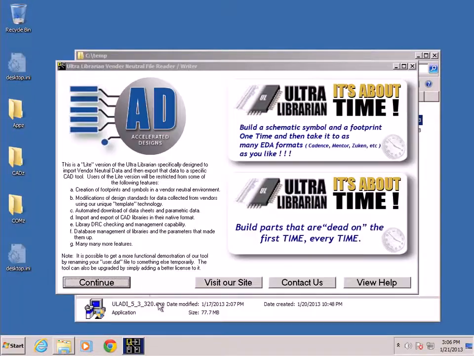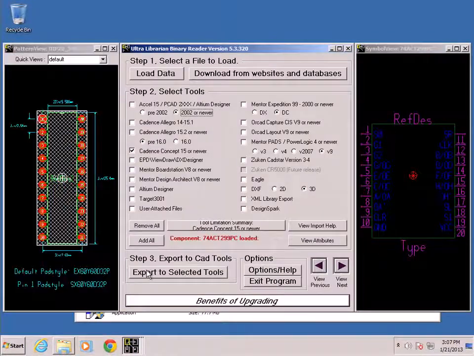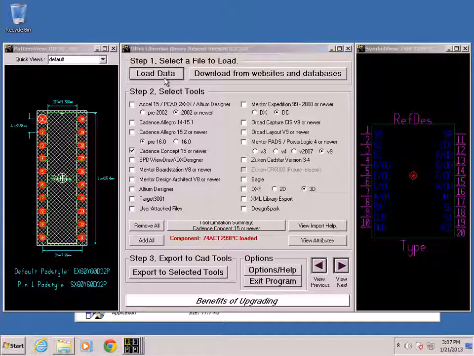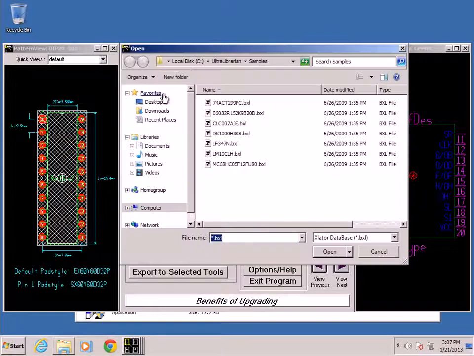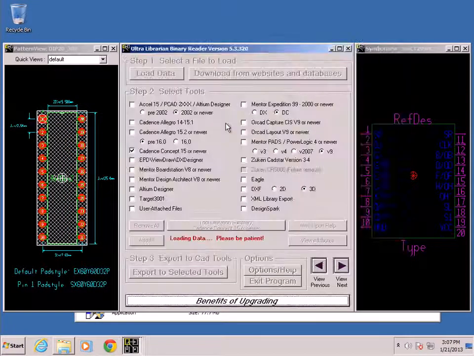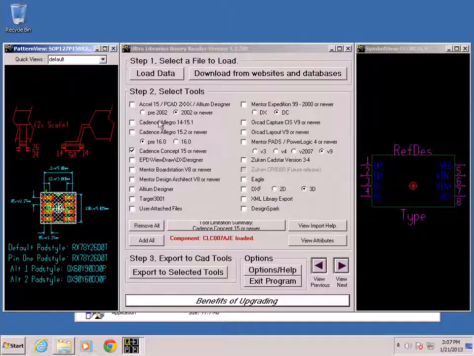Now, we told you at the start of this that it installs many different versions. By default, you get the free version, which loads up a sample library and will show you one part at a time and will export one part at a time. The idea of this tool is you'll come over here and load a part with a BXL extension. You'll select a tool that you'd like to export to. I'm going to select Altium,